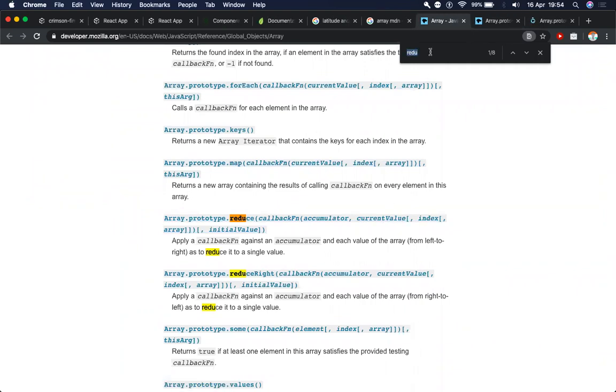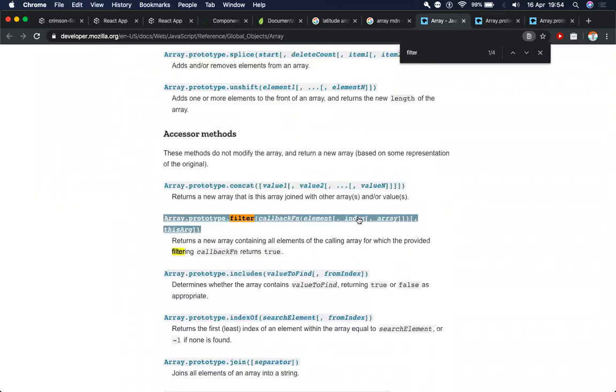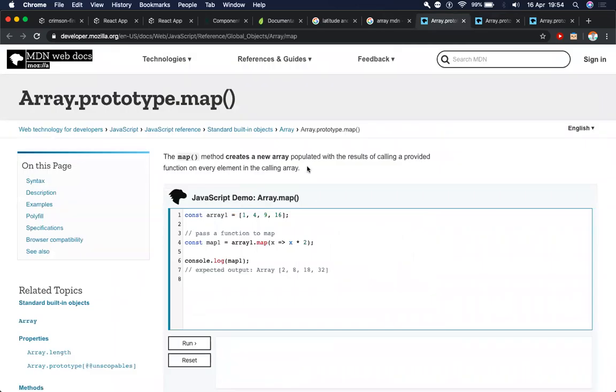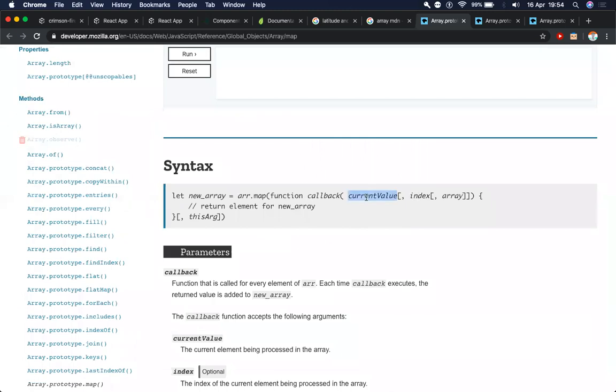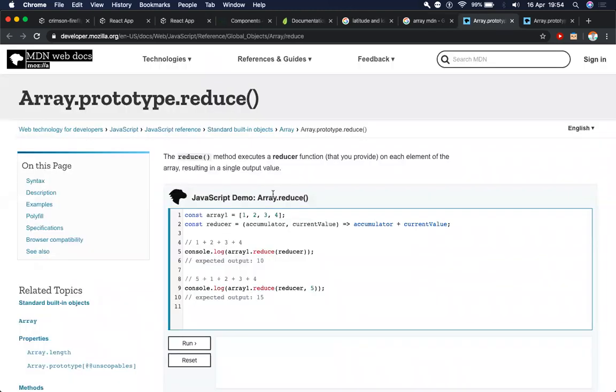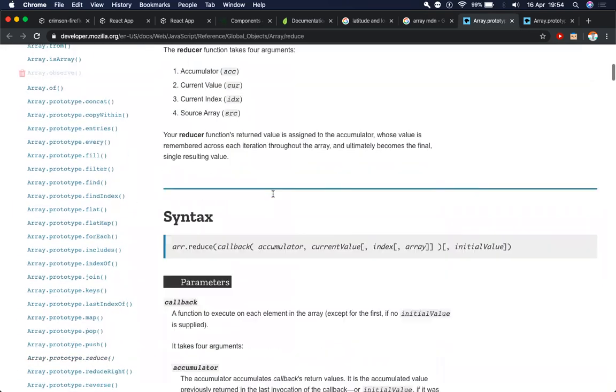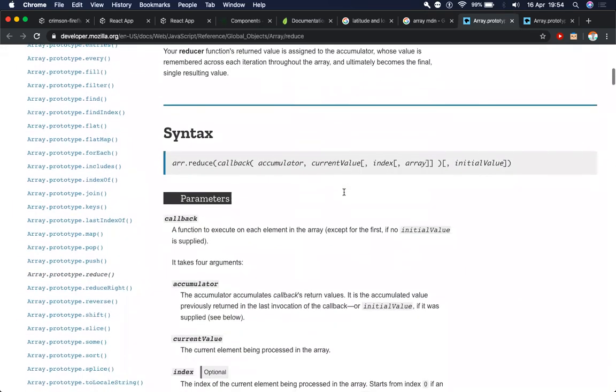Okay, so some of this documentation may be unreadable if you are a real beginner to JavaScript, but once you get started with reading documentation, then this becomes much easier to learn. So right now we can see that it takes current value and index. So this is for map. And then for reduce, this also does the same thing.